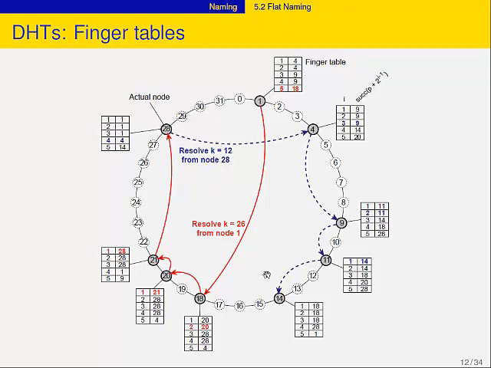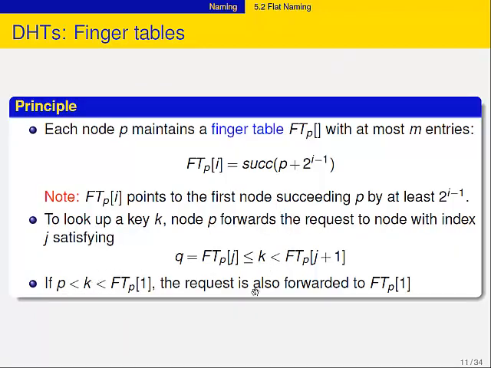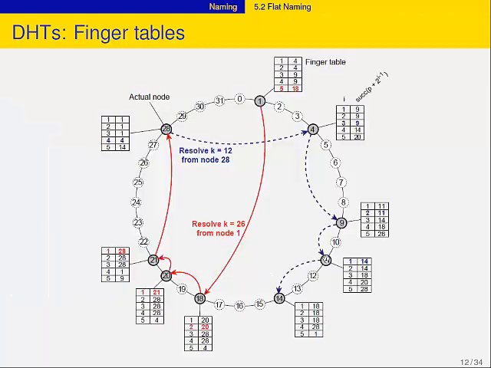So if we go back to the previous slide, I'm 11. I'm looking at key 12. And the first successor that I have was, I think, 14. So yes, I forward to 14. And yes, that happens to be the node, and not by coincidence anymore, who is responsible for key 12. Got it? One more? This is very simple. I could take the red one, but you do the red one at home.